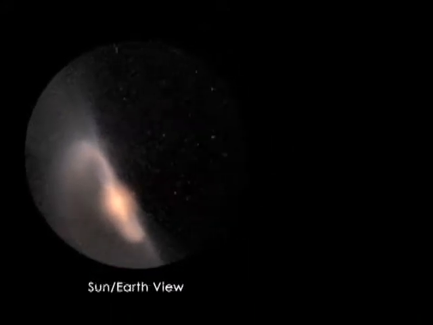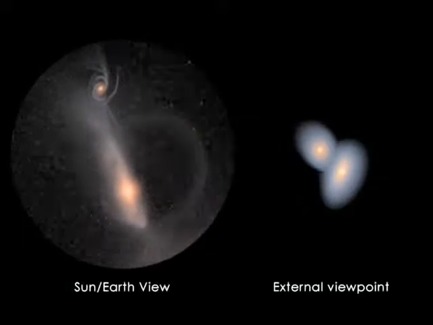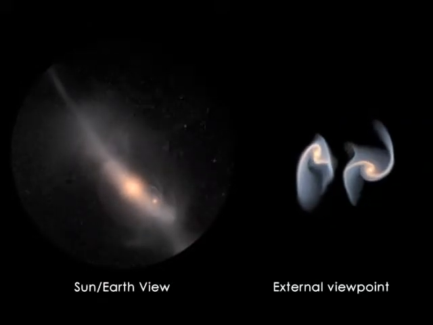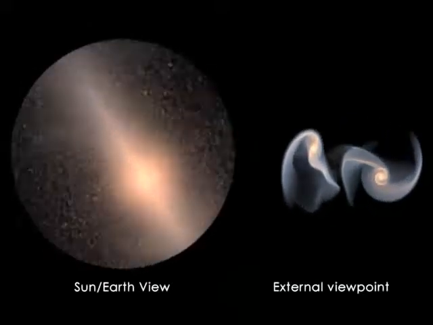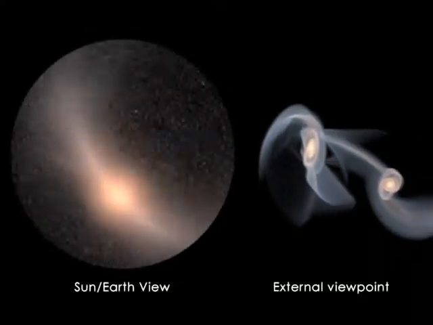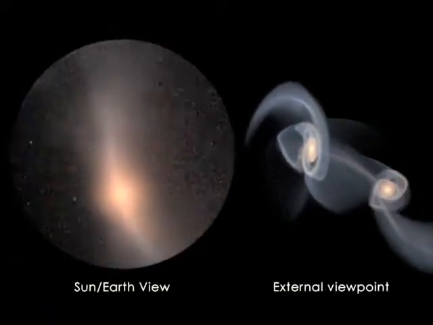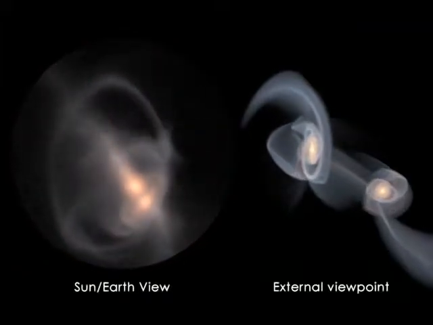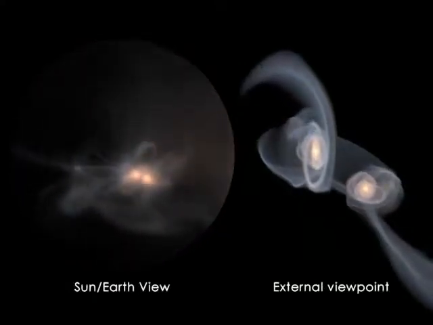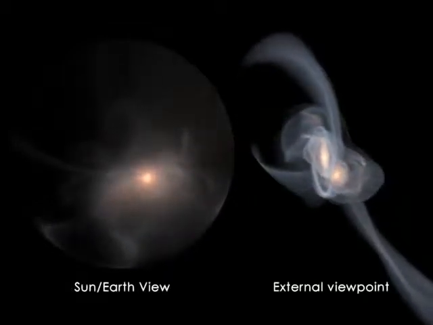Let's now jump to an external viewpoint to get the big picture. The two galaxies are about to collide. How we witness the interaction depends, of course, on which star you pick to be the sun. In this case, John picked a star that gets flung way out so that in time we'll look back as the interaction proceeds. Also, be on the lookout for us falling back in and passing right through the galaxy center. Remember, no stars ever collide because they're so tiny compared to their separations. So the Sun and Earth will probably survive this whole encounter.